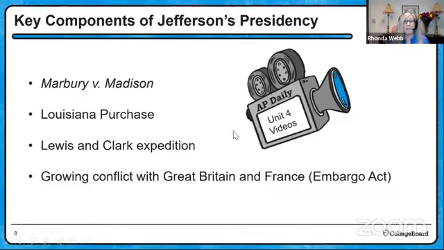So Jefferson is president, and there are a number of really key important topics that you need to be familiar with in Jefferson's presidency. And again, in our AP Daily Live reviews here for your exam, we're here to really help you tie this information into how you would use it on the exam. If you want to deep dive into some of these topics, Marbury versus Madison, the Louisiana Purchase, the issues with the embargo and the French Revolution and which side the US was going to take, a lot of those more detailed discussions of those concepts would be in the AP Daily videos.